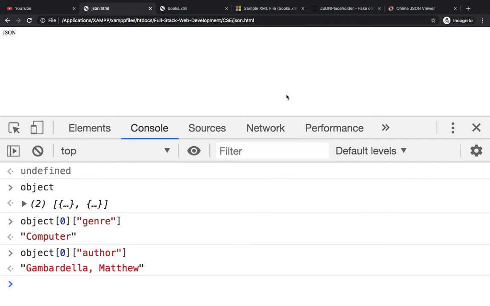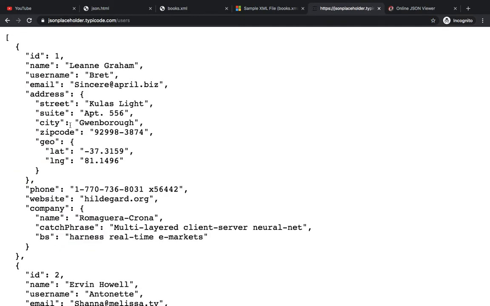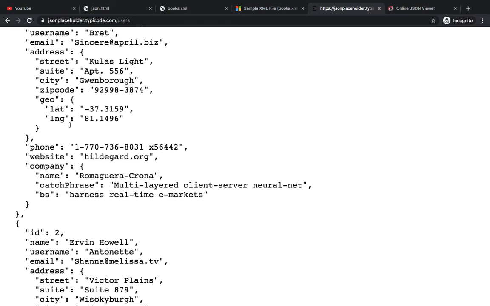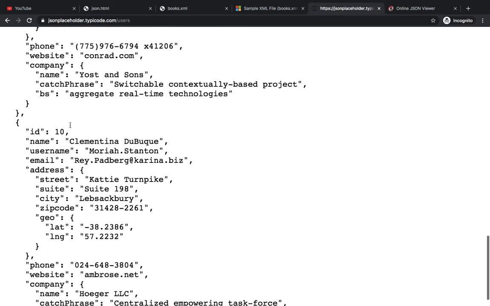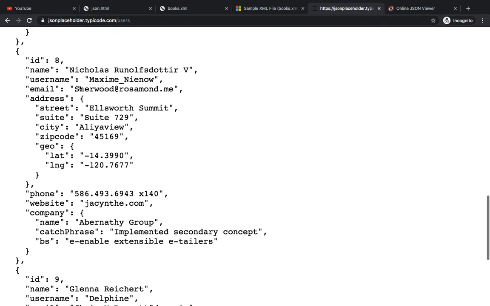Now I am going to show you some more files that contain JSON data, and after that I will teach you how you can understand that data in an easy way and then parse it. So here is jsonplaceholder.typicode.com. Here we have multiple API calls. So let us try this users. Here you can see you have a lot of data, but it contains only 10 records, as we can see from the ID field, and there are other things.